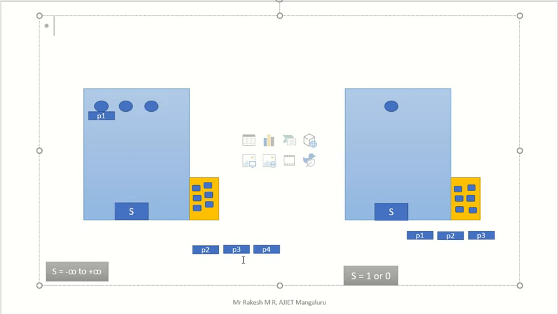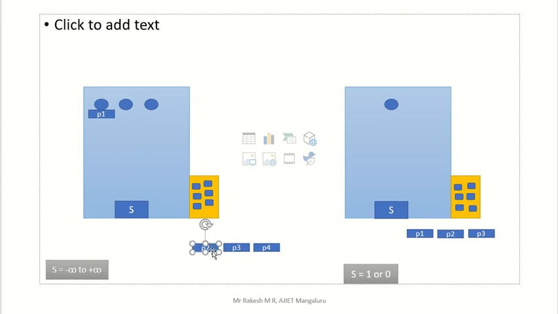Now another 3 persons are waiting. Consider the second person going inside. He comes near the door. What is the value now? 2, and 2 means he can go inside. Once he has gone inside the room, the value becomes 1, and he went to the second chair, because it is free. Now 1 means one chair is free, so one person can go inside.